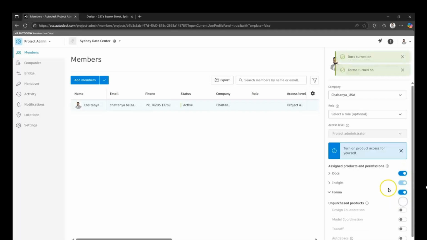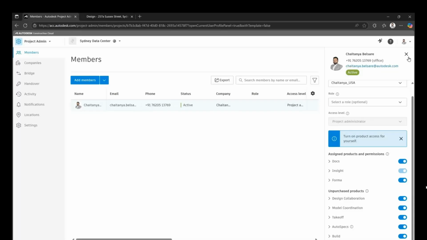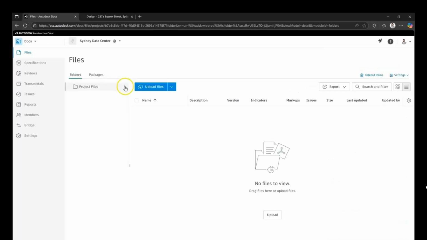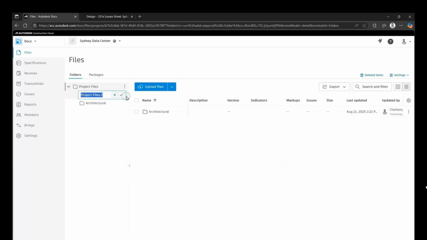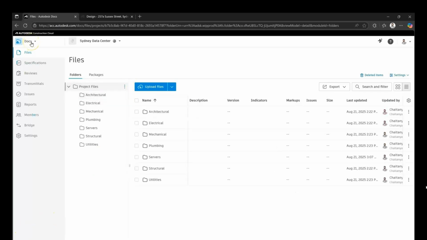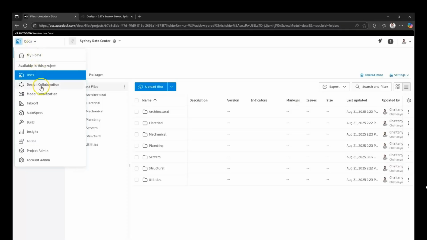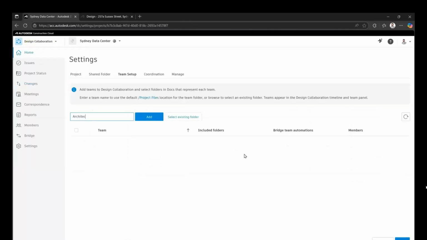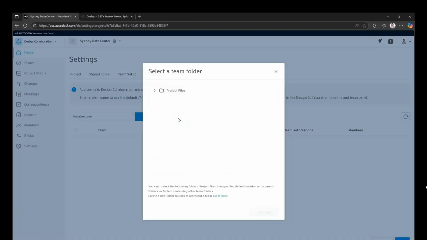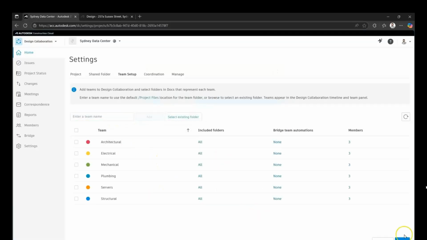Using Autodesk Docs predefined templates, the structured folder systems are deployed immediately, ensuring consistency, governance, and scalability as the project grows. Structural engineers, mechanical engineers, or I would say MEP engineers, and the specialist consultants are onboarded into the same environment,